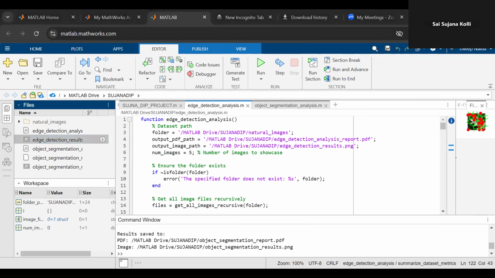This was the edge detected image in Python, and this was the